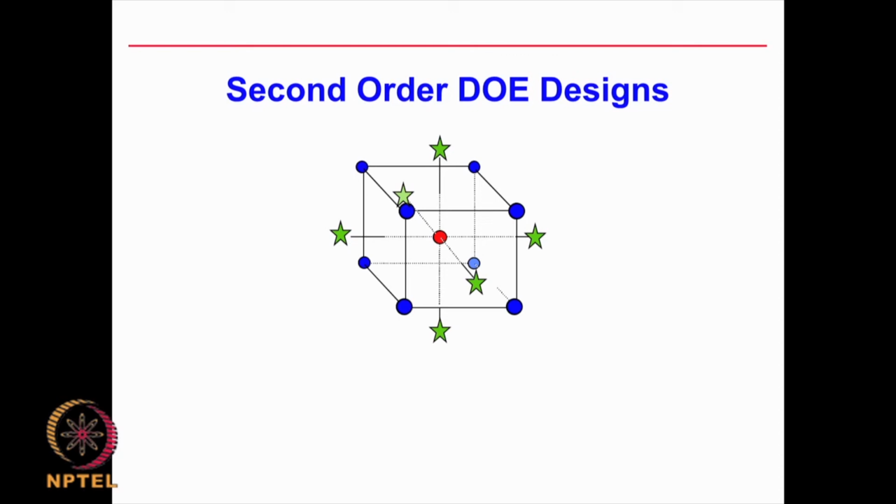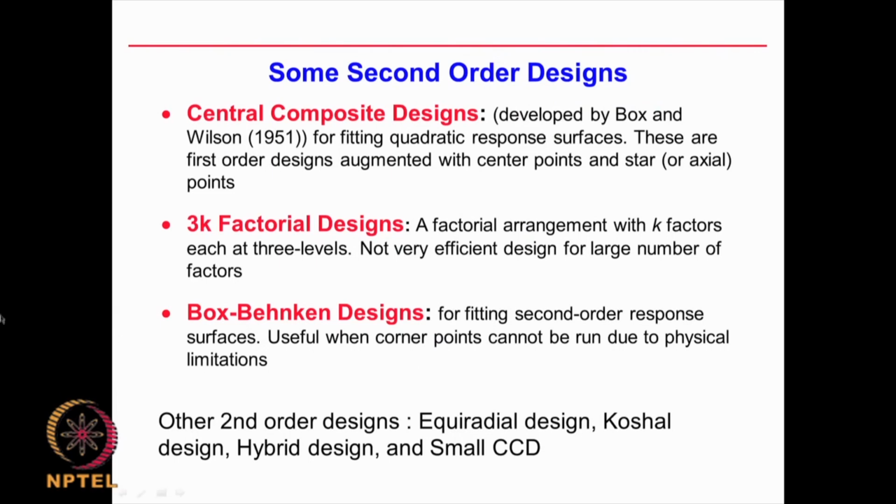I want to maximize my biomass production, I want to maximize my metabolite production, then we need to have a second order model or a quadratic model. So, there are some designs in second order also. One is called the central composite design, 3K factorial design, Box-Behnken design. So, these are some designs. Many commercial softwares will automatically give this information. Okay. So, it is not a big deal, and I will also tell you how to go about doing that,